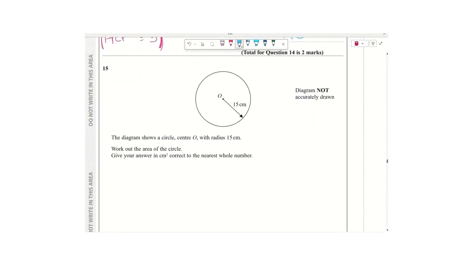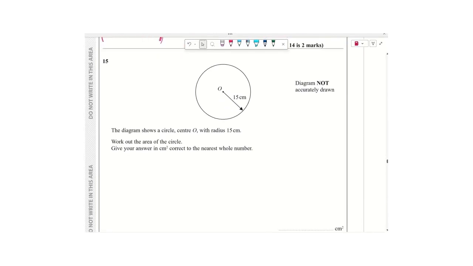Question 15. We've got a circle with radius 15 and we're asked to work out the area of the circle, and it is quite specific, correct to the nearest whole number. So area of the circle, they give you the formula, but pi times the radius squared. So it's going to be pi times 15 squared, which you are going to put into your calculator. And it's going to tell you it's